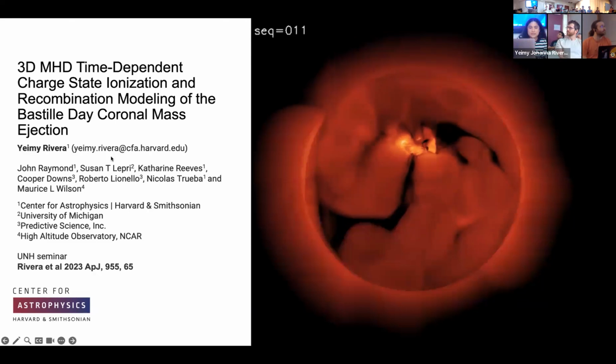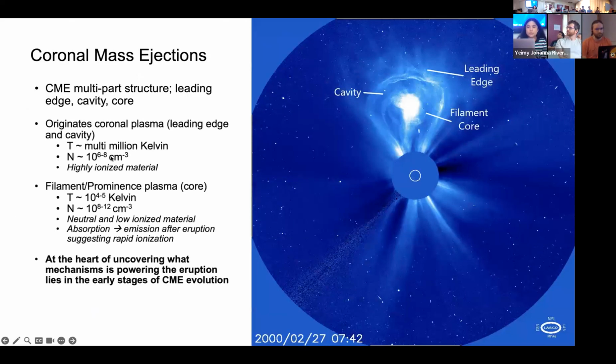So as I was saying before, we're trying to reconstruct the coronal mass ejection using this MHD model. I think most of us in the room are pretty familiar with what a coronal mass ejection is. One of the things that I wanted to point out about coronal mass ejections with this slide is that oftentimes, during the large-scale reconnection event that releases all this plasma and magnetic flux into the heliosphere, it's not just a homogeneous plasma blob that gets ejected. We often see it in this multi-part structure.